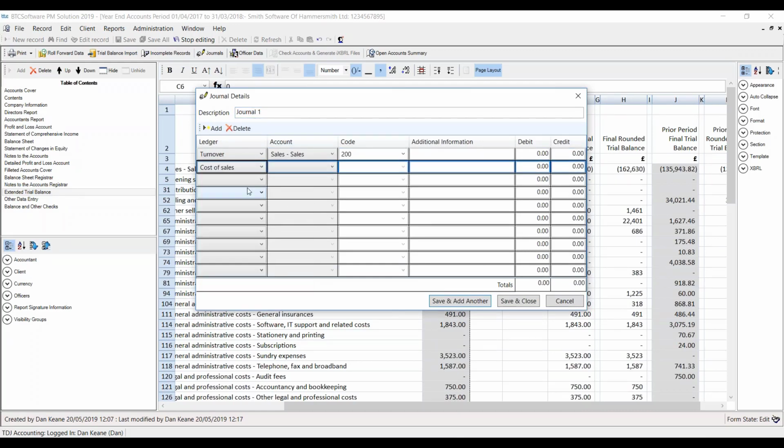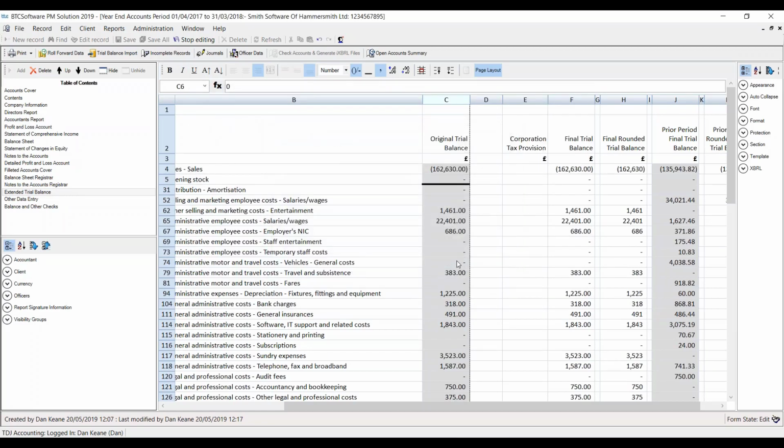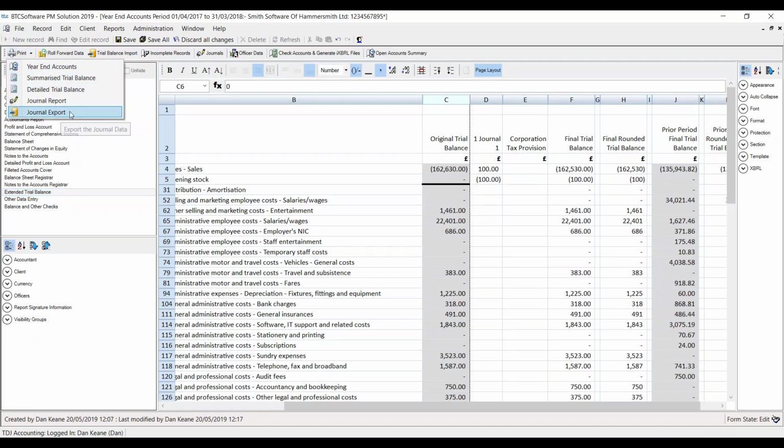I'm just going to choose the top two options, so I'm going to do turnover versus cost of sales. I'm going to debit £100 out of sales, and we're going to move it into opening stock. Now, if I save and close that adjustment and select OK, you can see it's just going to drop into column D. So that's my journal. Now, to post this back out into the bookkeeping package, all we do is print, journal export,